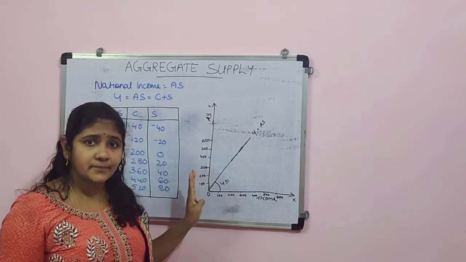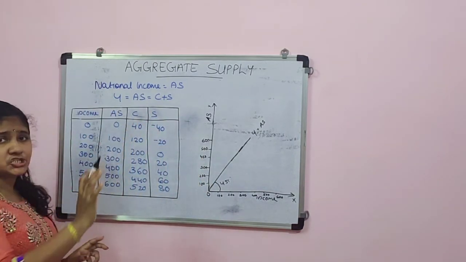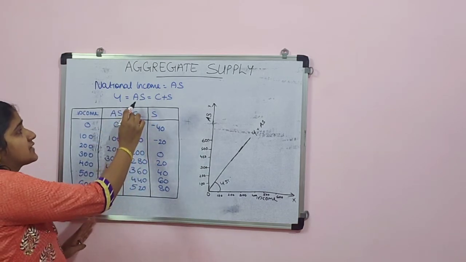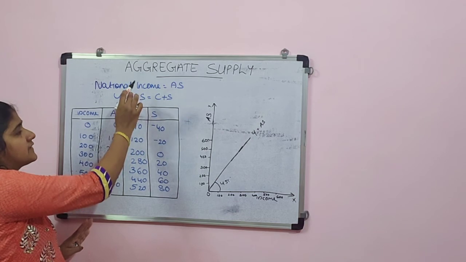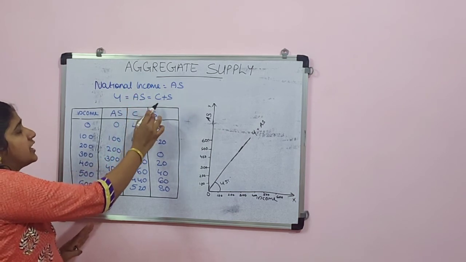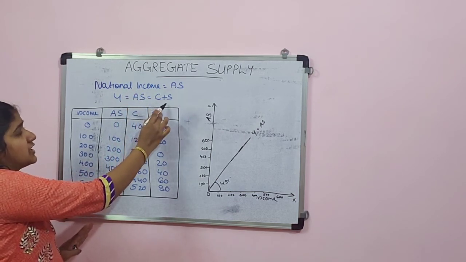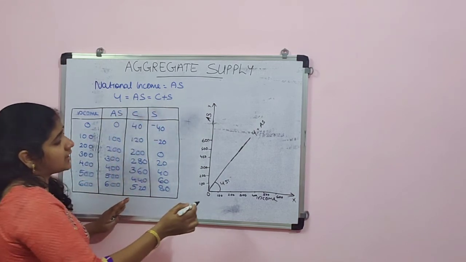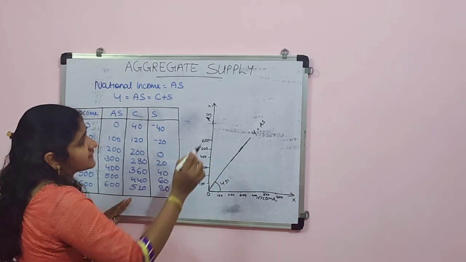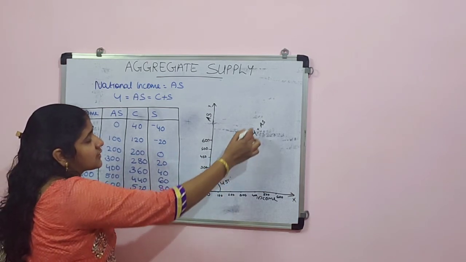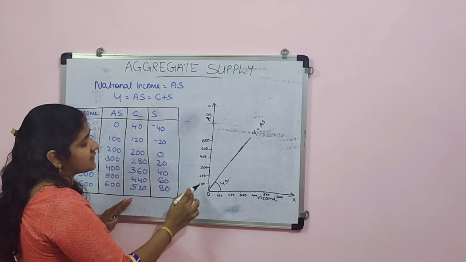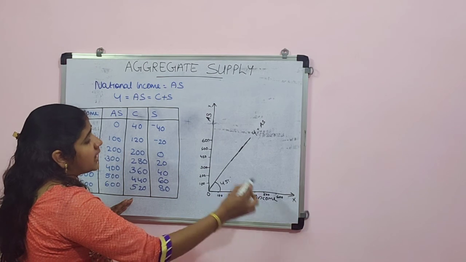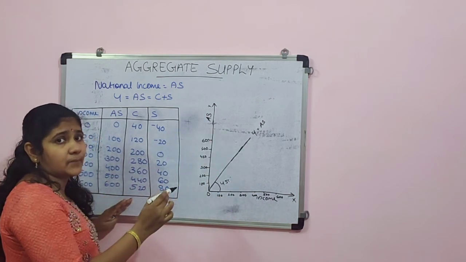So clear, students? What we discussed: national income is equal to Y, which is aggregate supply. Aggregate supply is equal to national income, and the national income is equal to consumption plus saving. Here we discussed that the AS line is a 45-degree line sloping upward. The reason is that whatever the changes in the amount of the income, according to that the aggregate supply is also